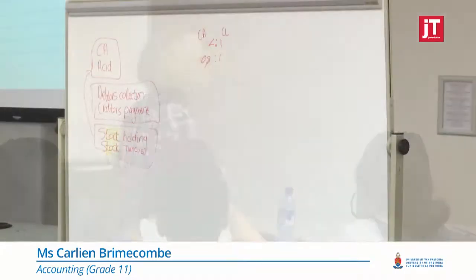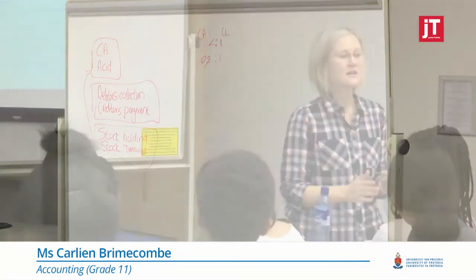Right. If we look at debtors collection and creditors payment, yes, we can compare the debtors collection and creditors payment from last year to this year. We can have a look at our credit terms: it says that debtors have 30 days to pay, but on average they are paying in 40 days. So, is that a problem? Yes. Why? Because they're not sticking to